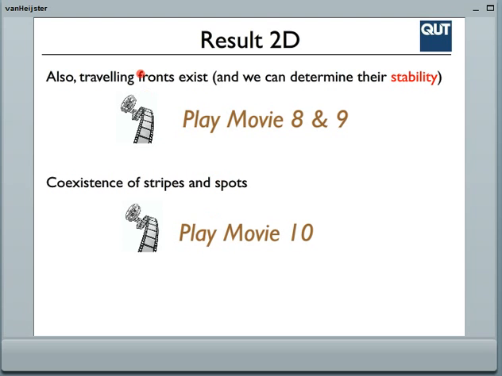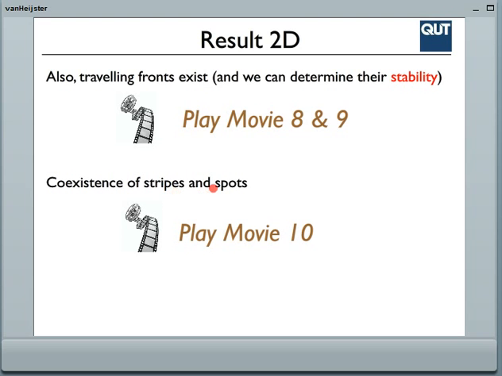This is just a solution which is minus one in one part and plus one in the other part, and just a straight line in between. Let's say a generalization in one direction, just extend it in the y direction. We can construct these, and we can determine whether they're stable or not. We can also put two of these traveling fronts together, and then make them stationary, so we can construct stripes, determine their width,